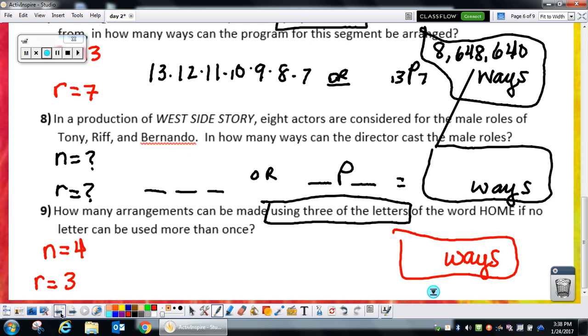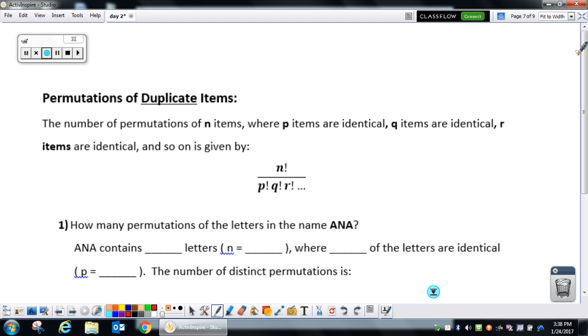Moving on to page 5. This is just a little bit more complicated. Permutations of duplicate items. So we will be using this formula. And we're going to have more than one letter repeated. So